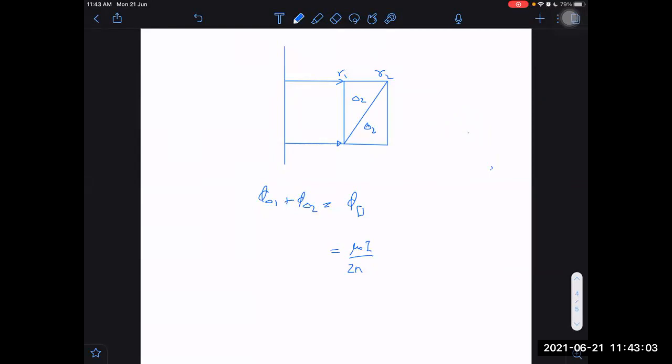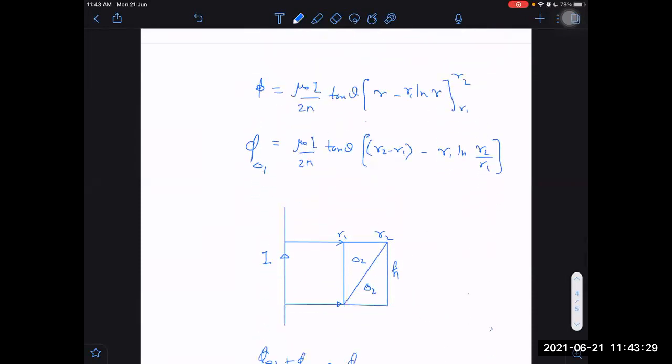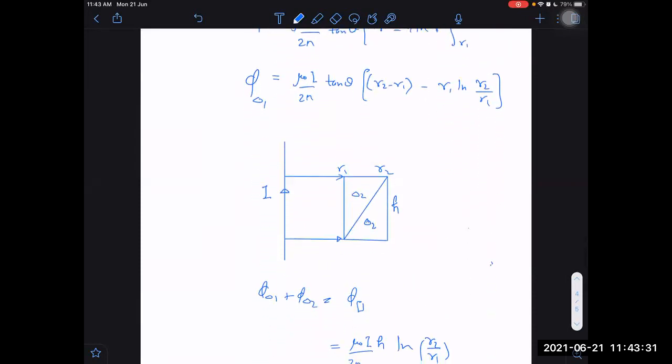So what is it for the rectangle now? Mu naught I h, where h is the side length parallel to the wire. And we are only dealing with cases lying in the same plane. What was the formula? ln R2 by R1, because it is easy to remember. Not a difficult task. Phi of triangle 1 was mu naught I by 2 pi into tan theta